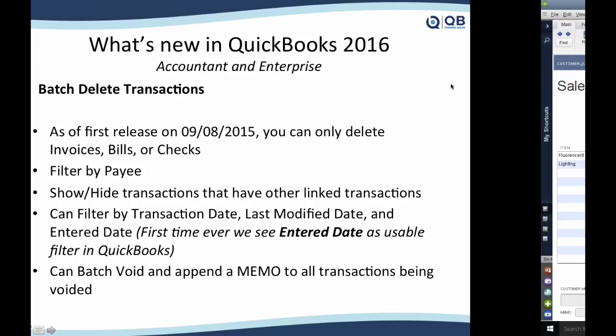We can filter by payee, which is good. We can show and hide transactions that have other linked transactions. So I'm going to show you an example of that, and trust me, you're going to think that's really, really cool, because we never ever had the ability to see a transaction with another linked transaction in any sort of report. The other really interesting thing is we can filter by transaction date, we can filter by last modified date,